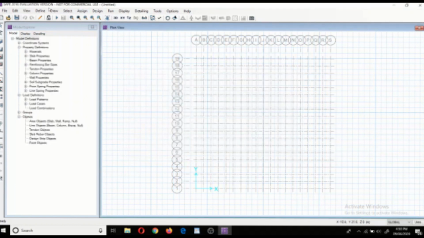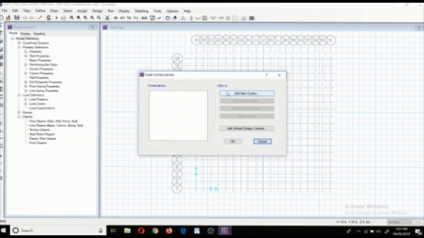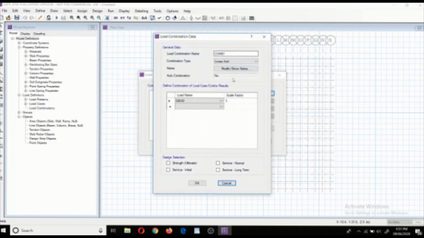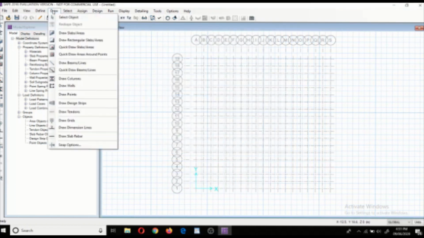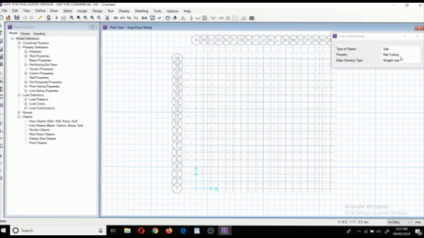After that, go to load combination and we have to give 1.5 for ultimate and 1 for service load. Click on draw slab and we have to draw mat footing.